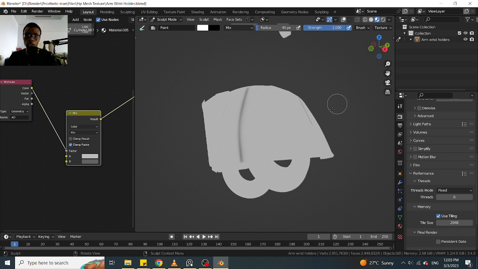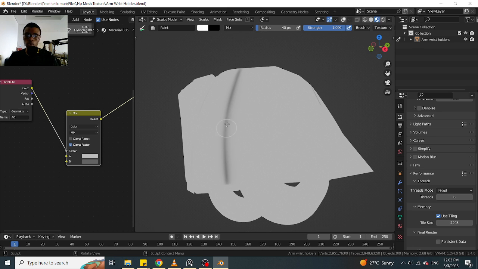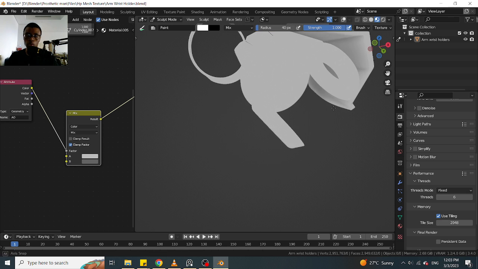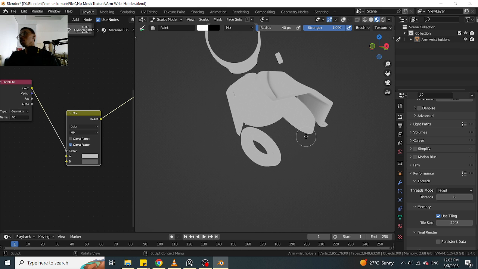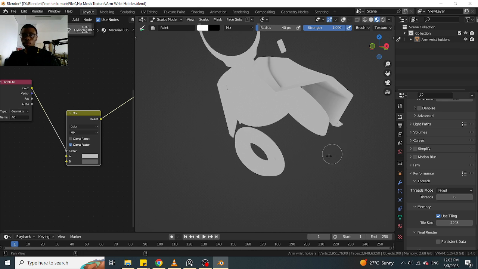If you try and bring a light closer to that area, you will notice that the shaded area will go away a little bit. Anyways,